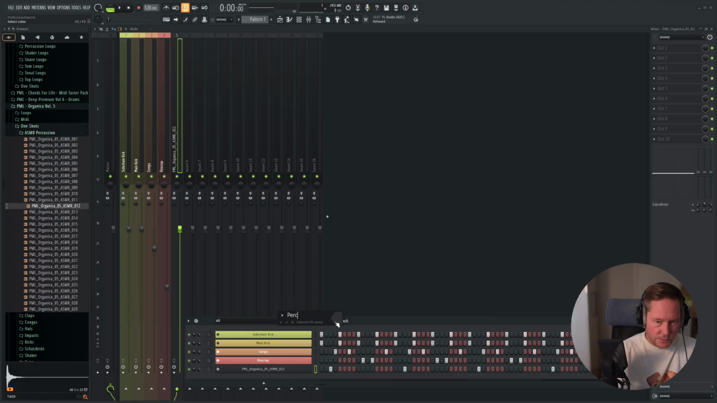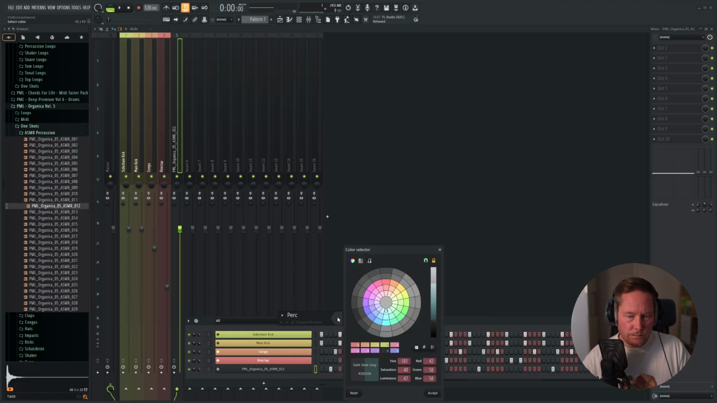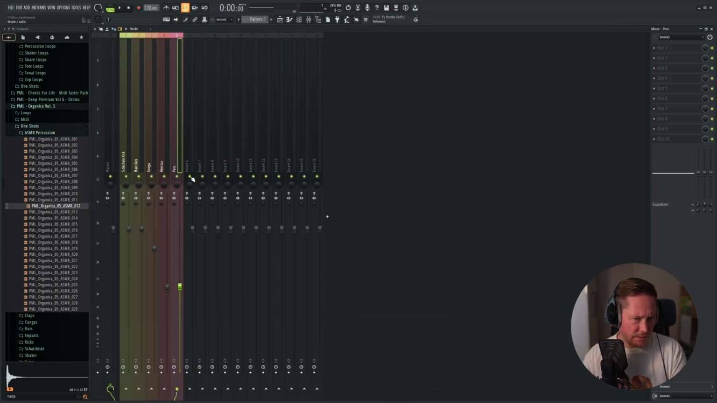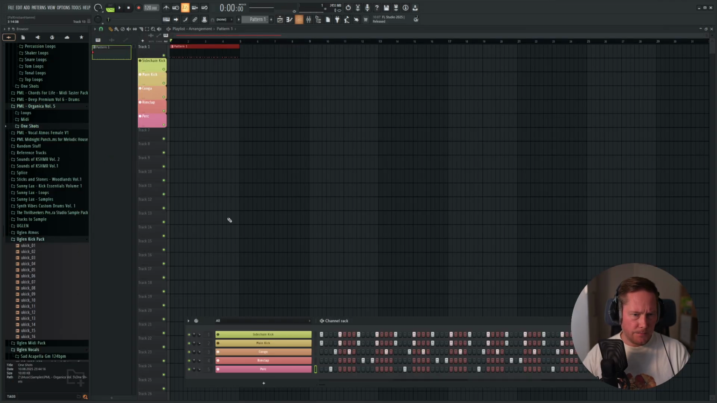Just call it perk. Continue the color scheme down here. Definitely gonna lower this one. I like that. So next step, I think, is just filling up